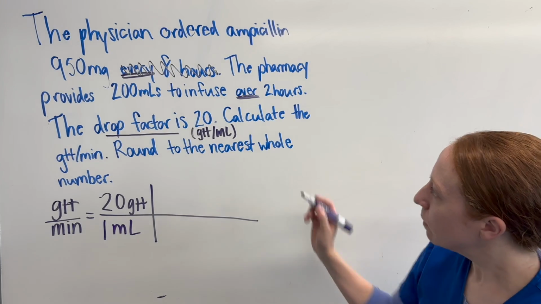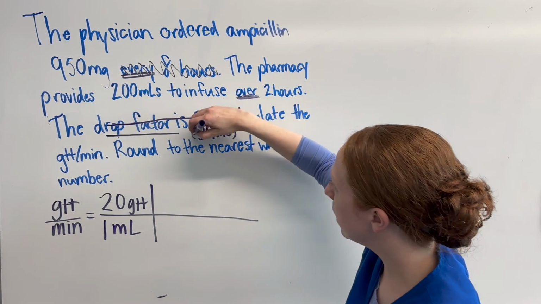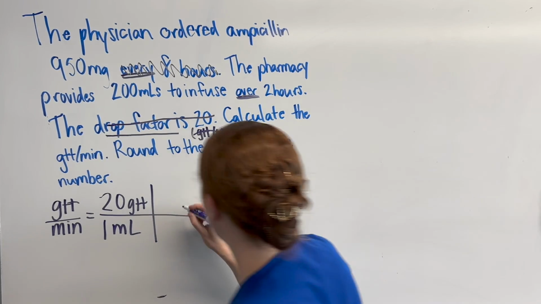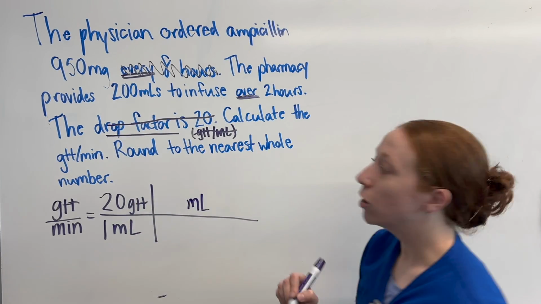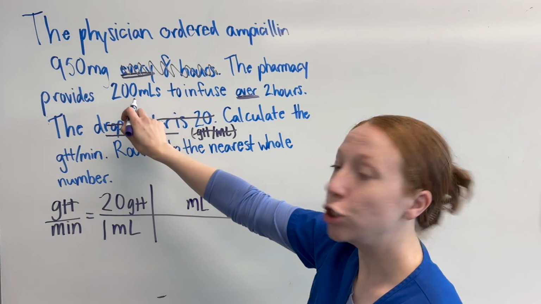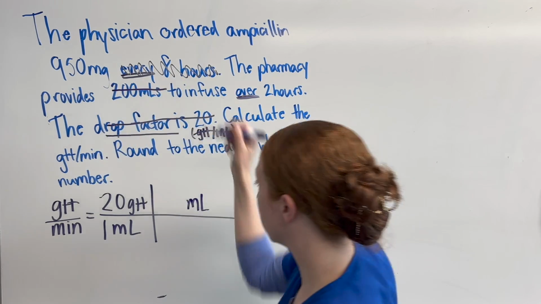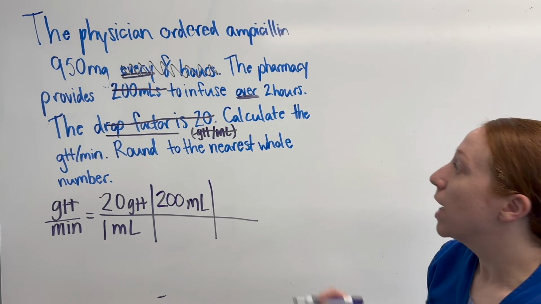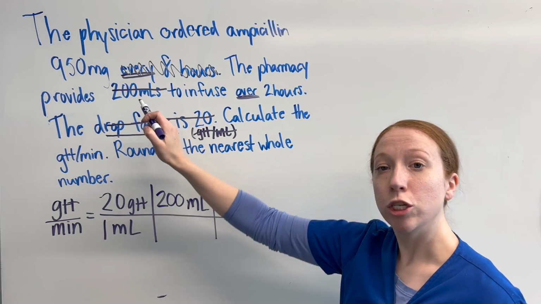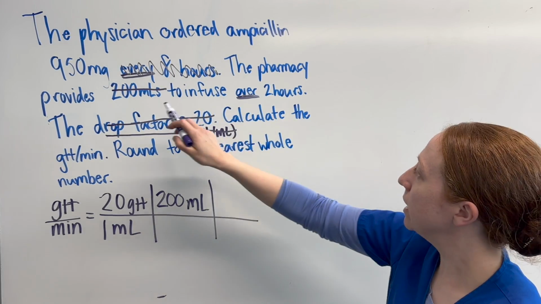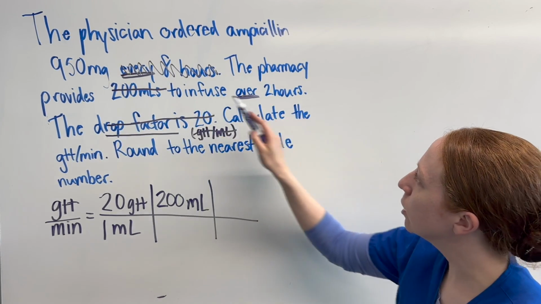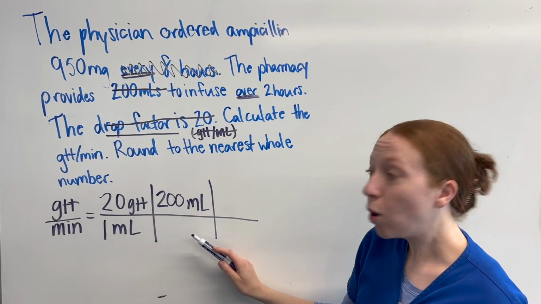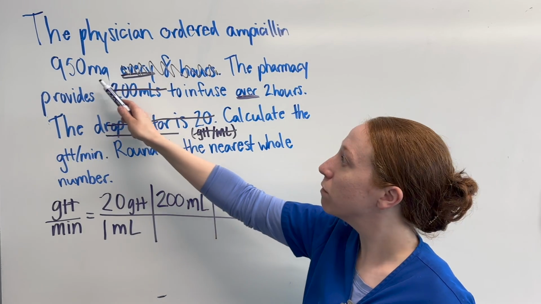Okay, now that we've gotten to this point, I'm gonna cross this out because we've used it. We have ml on the bottom, so we need to put ml on the top. So I go back to my problem. I have 200 milliliters right here. Okay, what is the partner that goes with 200 mLs? Well, the next thing that kind of comes in my problem that's a little bit associated with it is this 2 hours. That's something I could put as a buddy, or I could go back up to this 950 milligrams